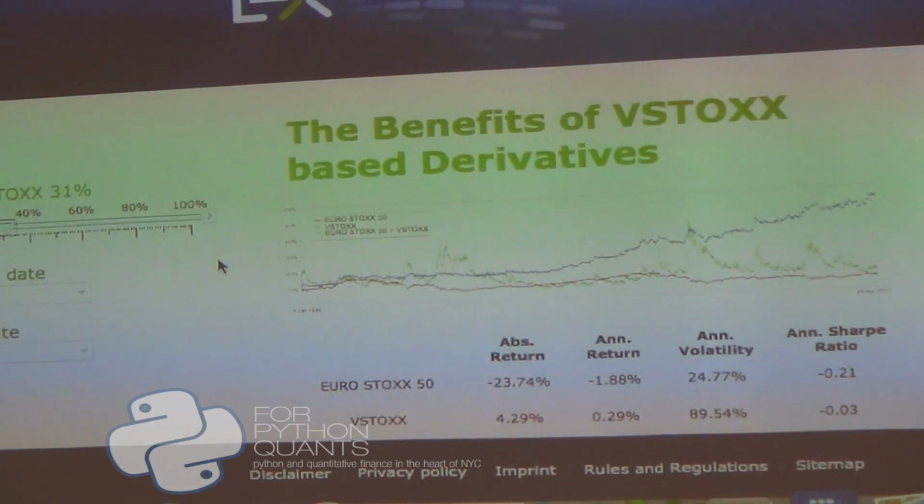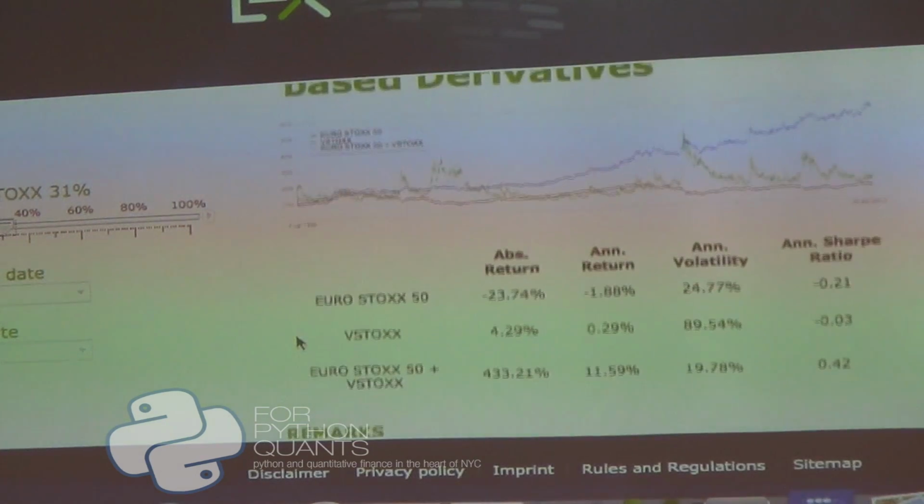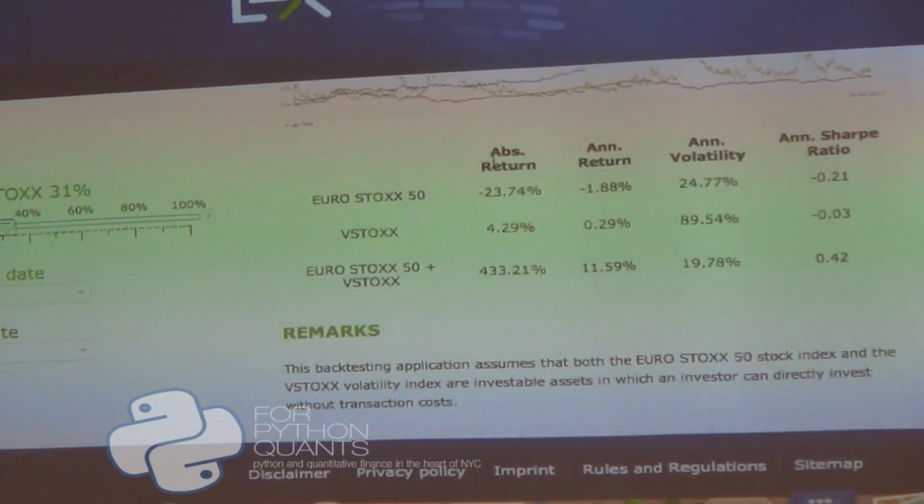But apart from that, just to make the point, you see here you can get huge performances by mixing this up, by having this constant portfolio strategy implemented. You see here the data. The EuroSTOXX performed with minus 23%, the VSTOXX performed mildly positive, but combining these gets you